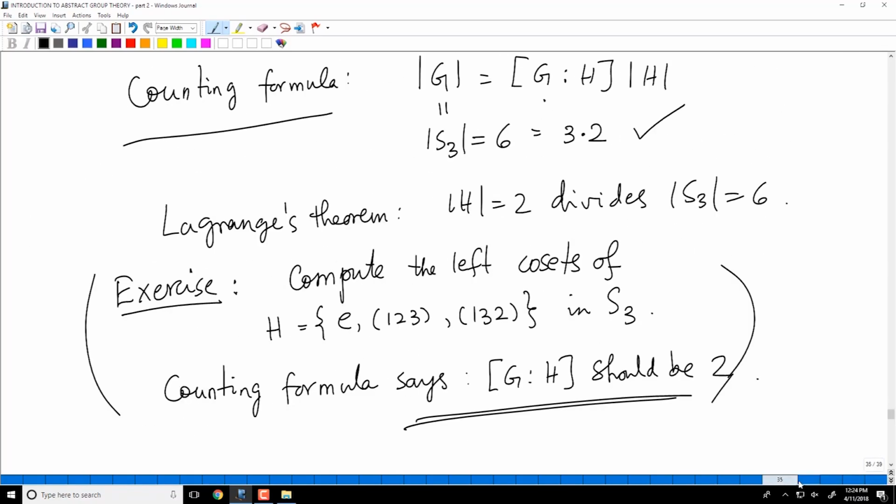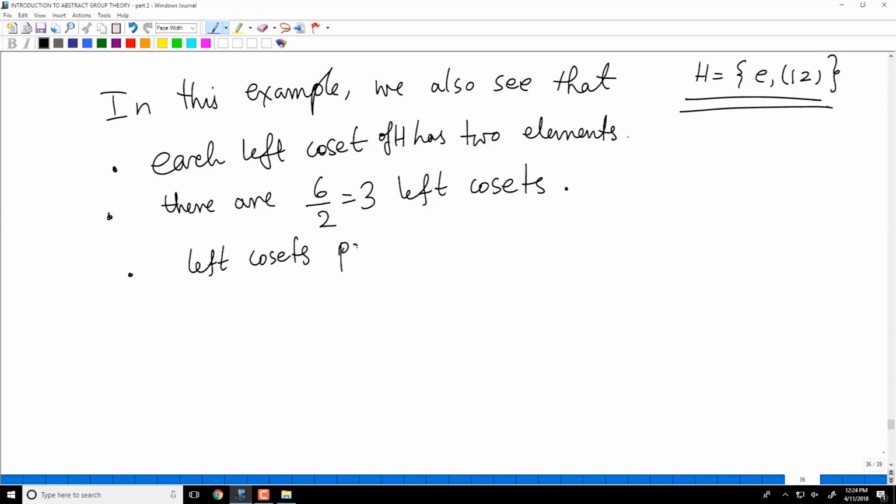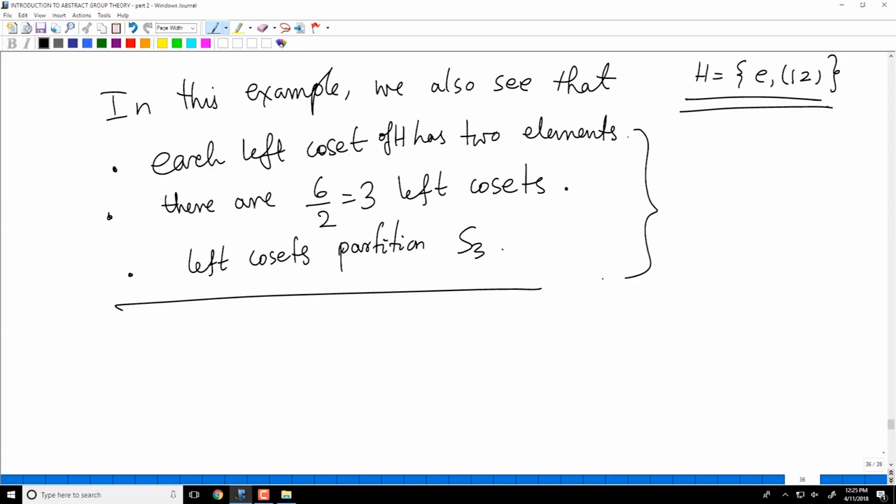And there are 3 left cosets. Each coset has 2 elements. There are 6 by 2 equal to 3 left cosets. Again, this is counting formula, right? Number of cosets is the number of elements in the group divided by number of elements of the subgroup. There are 3 left cosets, and left cosets partition. This also we saw. So all 3 properties that we proved in general, we have illustrated them in this example,